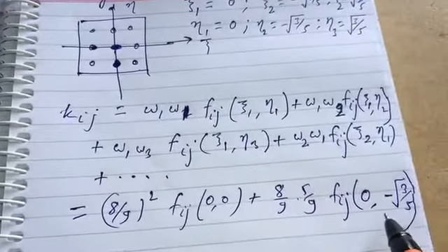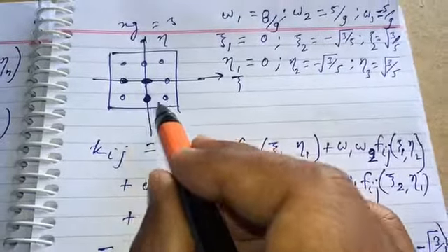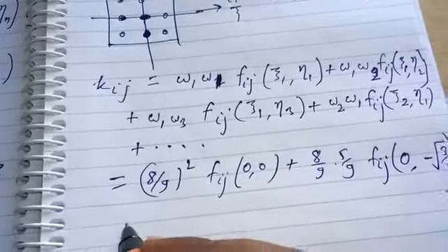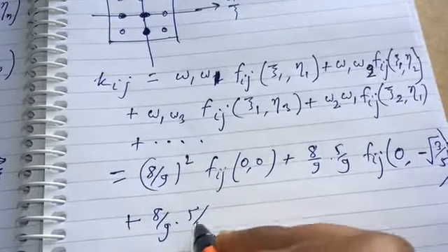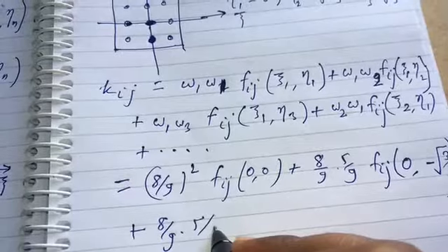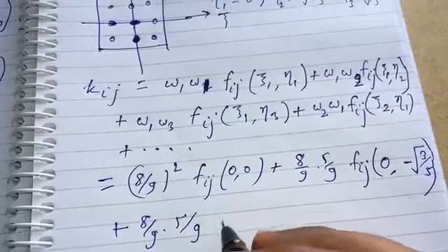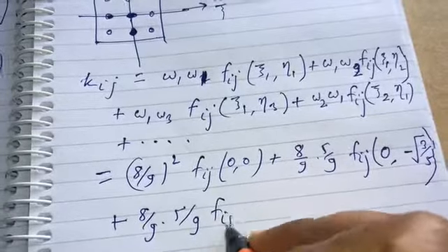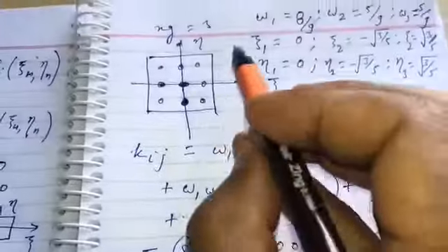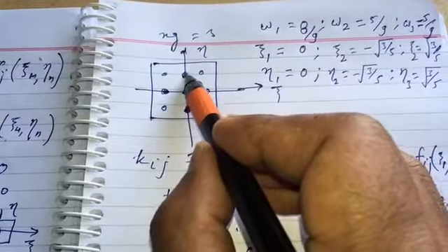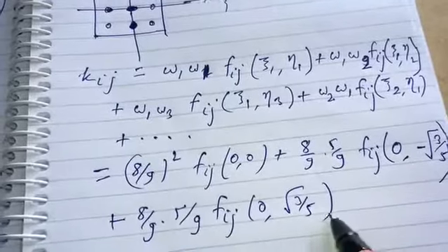So this Fij 0 minus root 3 over 5 is this point, okay, plus 8 over 9 5 over 9, again because W3 is also 5 over 9, and Fij 0 root 3 over 5, so this point we are talking about now. So this is what this is,